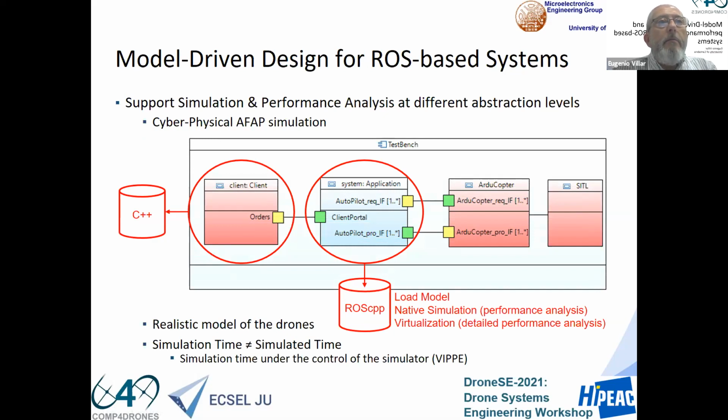The second level would be cyber-physical, as-fast-as-possible simulation. Again, simulation time is different to simulated time, and we want simulation time as small as possible. The client can be handled in the same way as before. The code is going to be the same and handled again the same way, but in order to model the copter, we will introduce a complete